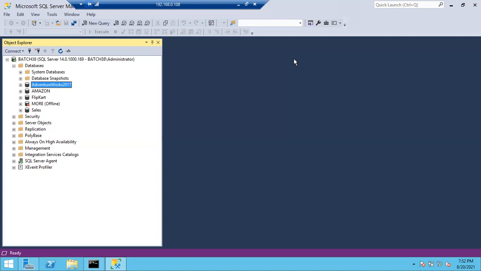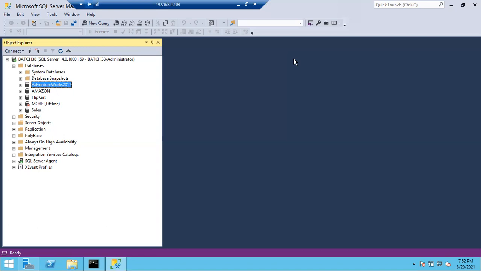The answer is yes. So all the changes, if you add new records, those records will be reflected in the ongoing full backup file. If you deleted some records, those changes will be reflected in the ongoing full backup file. Okay, fine. That is all about your full backup.